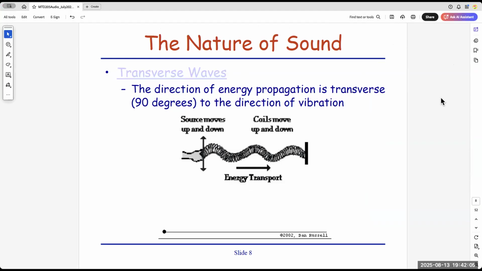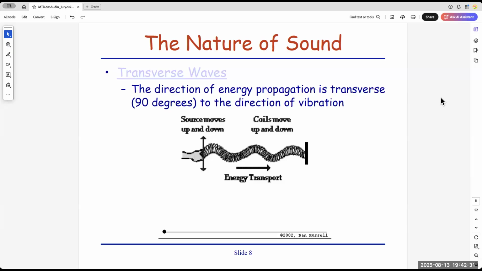So wave itself, just like I mentioned, there are two types. One is longitude wave, which is sound, because the energy is being transferred from left to right. It's in the same direction of the compression, relaxation, compression, relaxation. So the direction of vibration and the direction of energy transfer is the same, in parallel. So this is what you call longitude wave, which represents the sound.